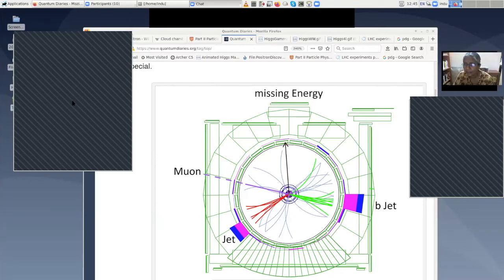Meanwhile, can I ask a question? Please ask. So, ma'am, we can actually get a mass from this reaction, as you said. Yes. So, how do we know it is the top quark? I mean, we need to have the theory for top quark also, to match the result.